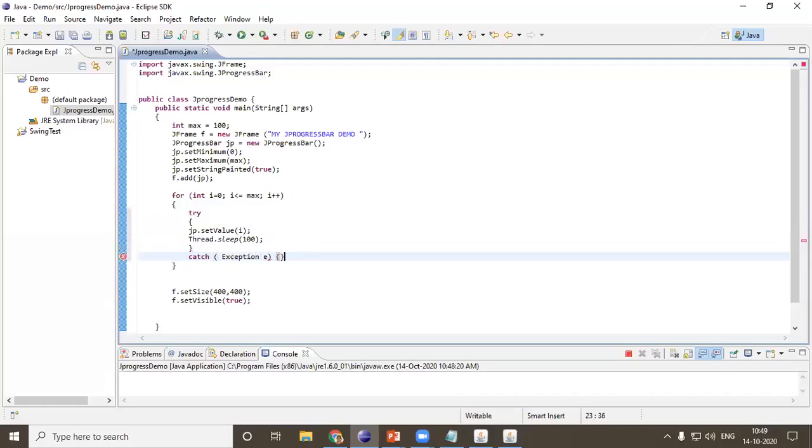I'll just finish off my exception with system.out.println e. Looks better. I'll save my program. Very simple. I put it in a loop, 0 to 100, and then, based upon a second, I'll get the number changing.